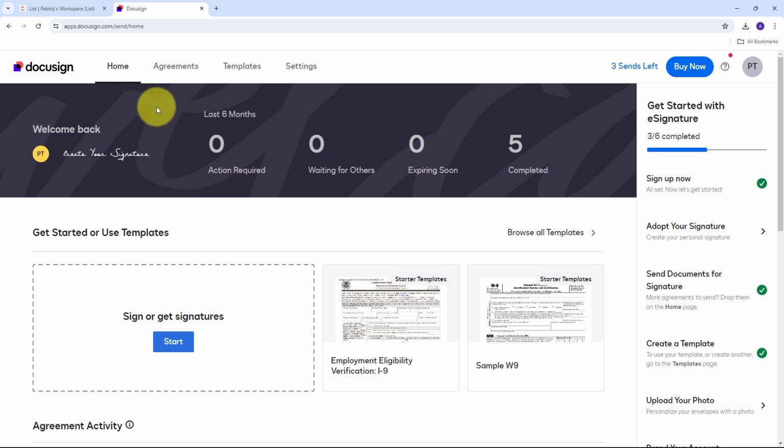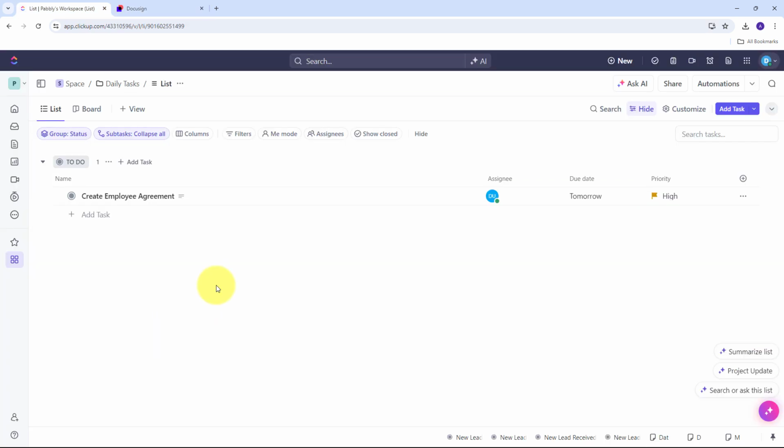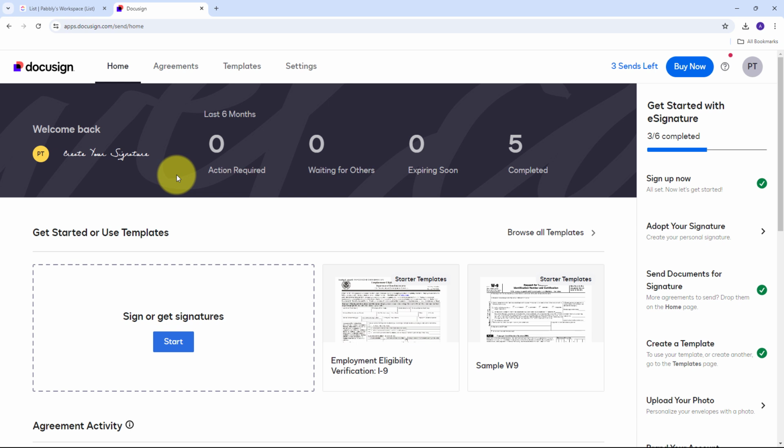Now imagine I'm an HR manager at a rapidly growing company, and hiring new employees means creating, sending, and tracking numerous employment contracts. Traditionally, this involves multiple steps: drafting the contract, emailing it for signatures, tracking its status, and then storing the signed document. So this process is time consuming and prone to delays or errors. Now with this integration between ClickUp and Docusign, you can automate this entire process, and here is how it works